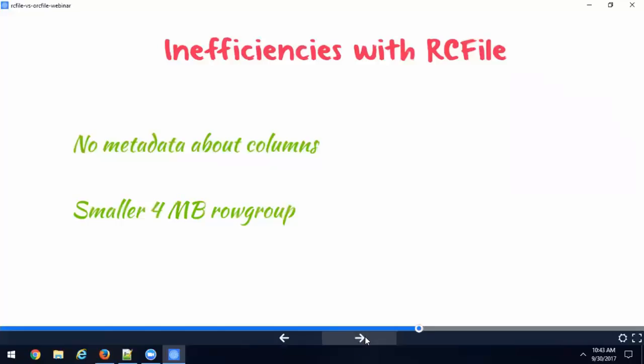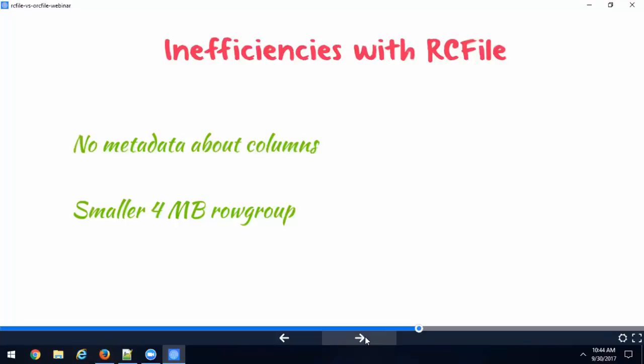The next thing is the smaller 4 MB row group. If you know about Hadoop, and if you know HDFS very well, when you upload your file to HDFS, it's going to be broken into blocks, more specifically 64 MB blocks, and that's a bigger block size. If you don't know that concept, join our Hadoop Starter Kit course, where we explain what a block is in great depth, and even why the block size is so huge in HDFS, like 64 MB or 128 or even 256 MB these days.